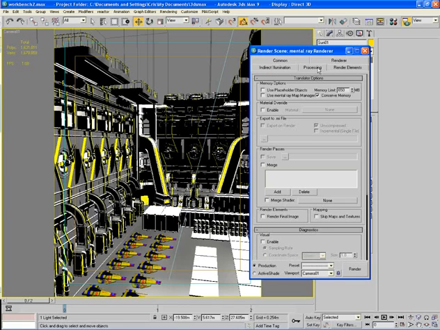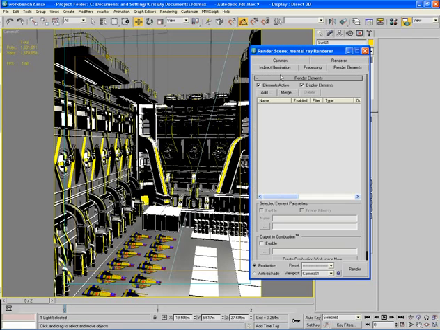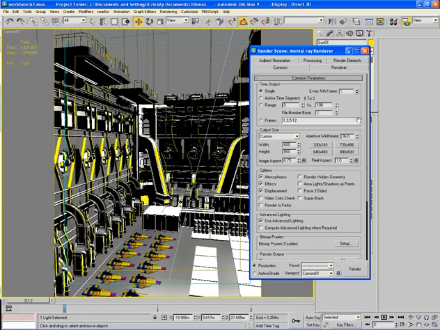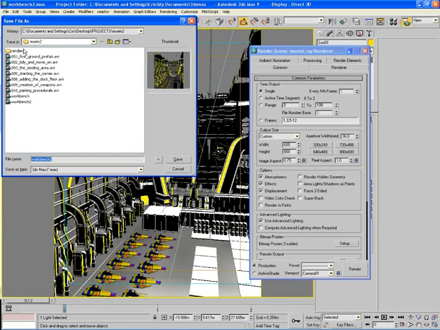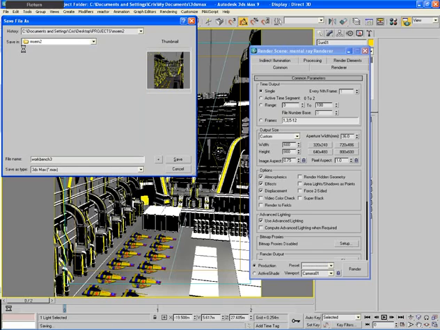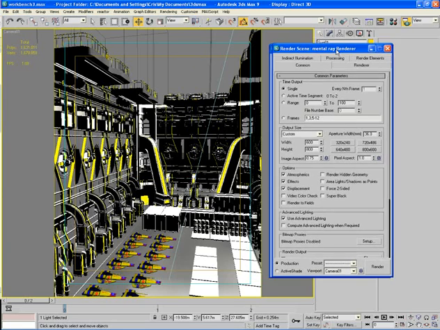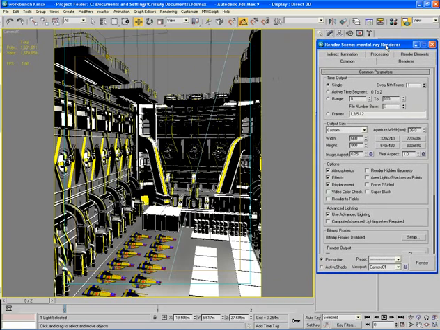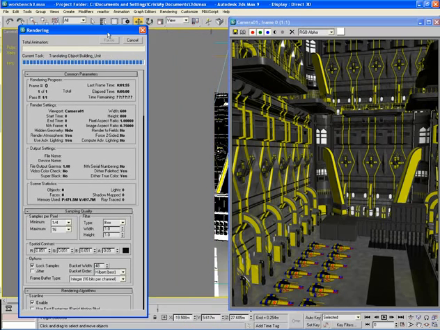If I go to processing, I'll untick conserve memory for the time being. I don't want to render it to elements. Okay, so we're nearly done. File, save as, and I'm going to call this workbench 3 because I like to work in incremental workbenches. Right, now what I'm going to do is kick off a render like so. Now this render is going to take quite a long time, simply because there's a lot of stuff